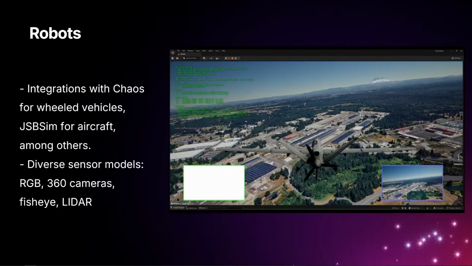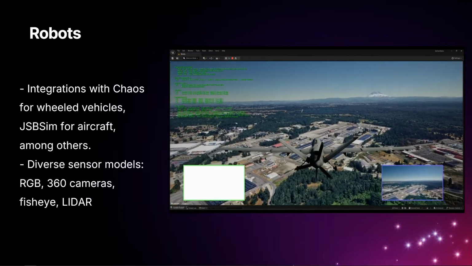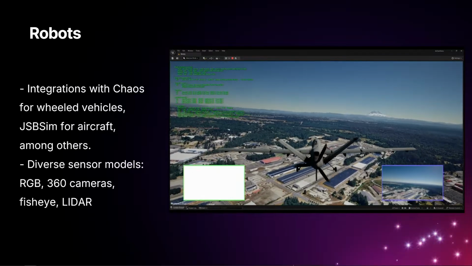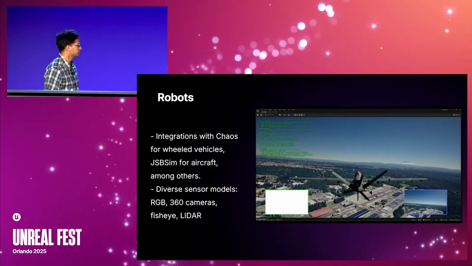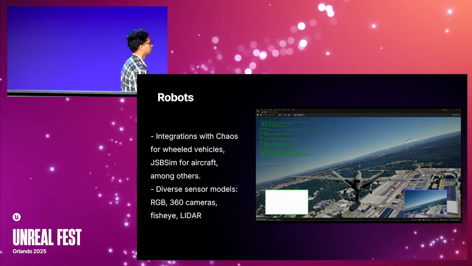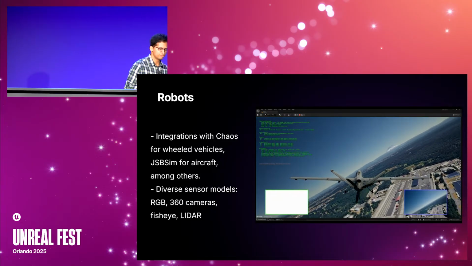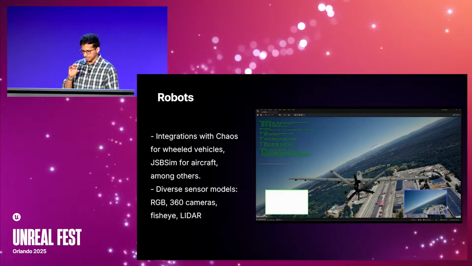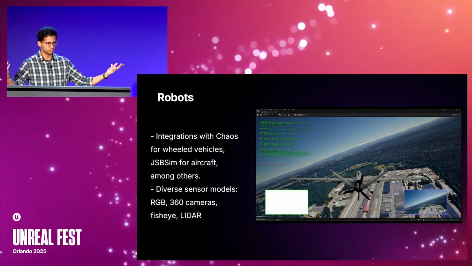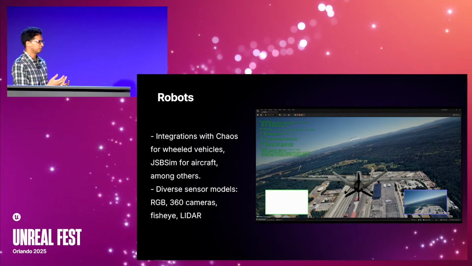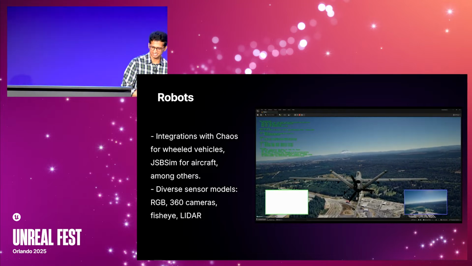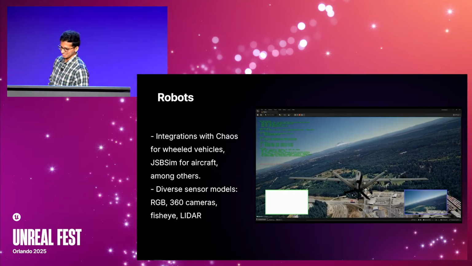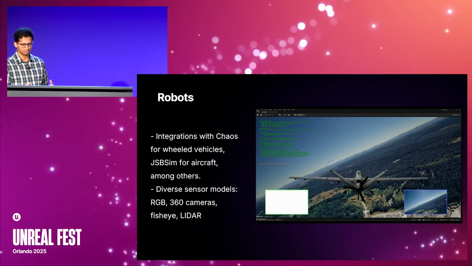And the good thing is through JSBSim, because it's a generic flight dynamics model, you can simulate any kind of plane. I think you can do Cessnas, you can do F-15s, you can do all different classes of large and small planes. And that's one of those things where the right kind of implementation leads to scale, as opposed to hacking together one kind of physics for one aircraft, which is what we've done in the past sometimes. But obviously, scale is important, so you have to go back and re-implement some of these things.